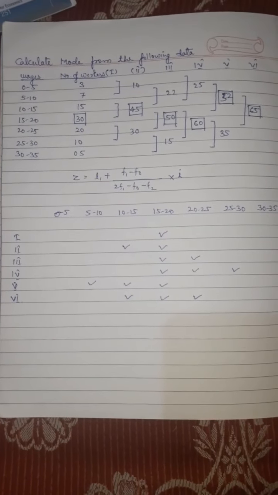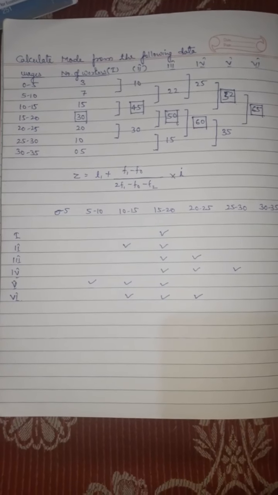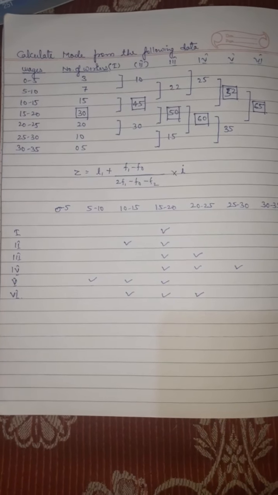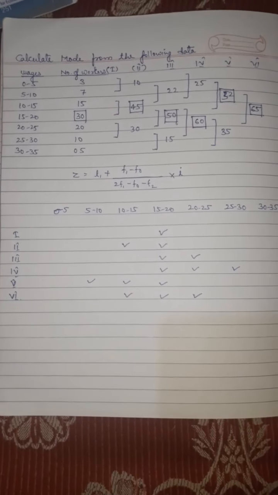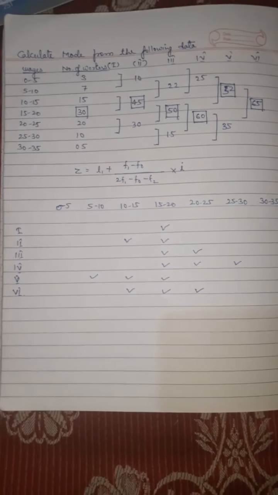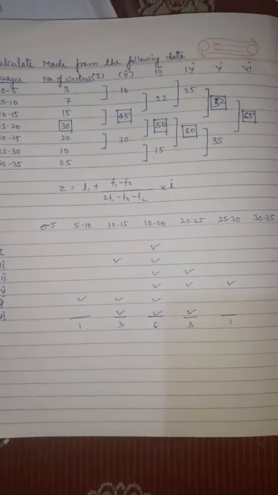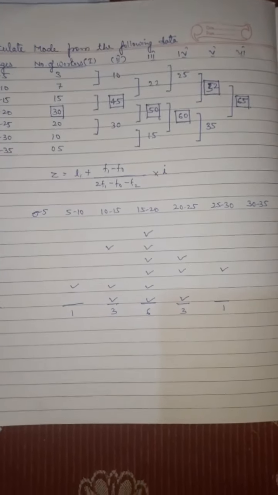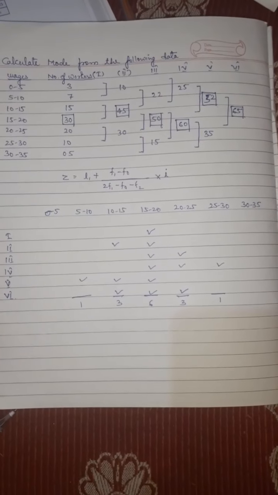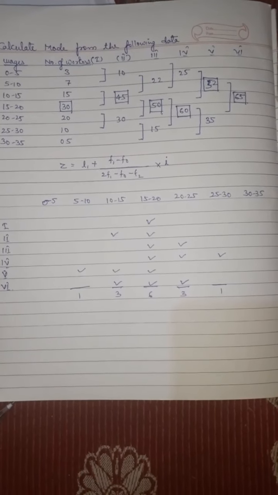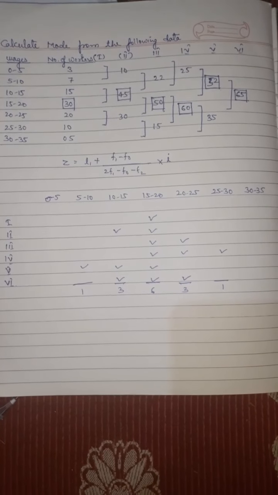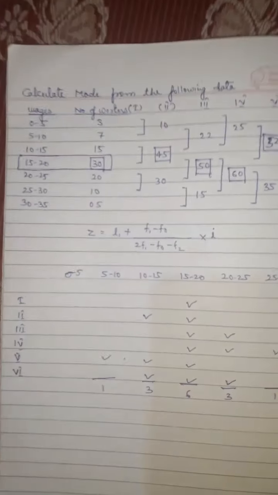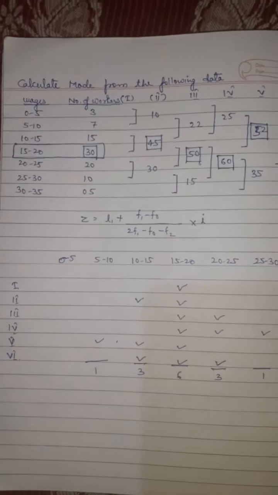Fifth column, you can see the highest number is 52. It lies in 3 class intervals, 5 to 10, 10 to 15, 15 to 20. And in sixth column, 10 to 15, 15 to 20, 20 to 25. I hope it is clear how I have made the tick. See, I added all the ticks. So where I have got the maximum ticks is in the class interval 15 to 20. You can see clearly, 15 to 20 is our modal class.